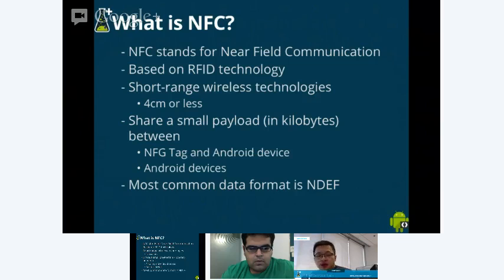It's really based on RFID technology. It's a short-range technology, so usually when the device and the NFC tag or card are within 4 centimeters or less, communication will start happening.